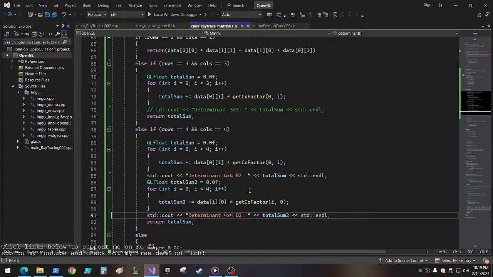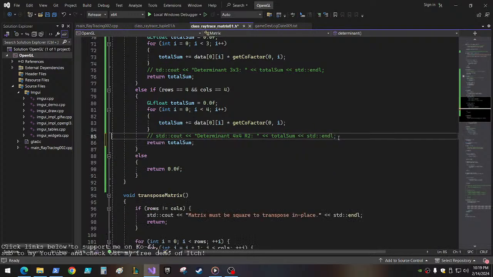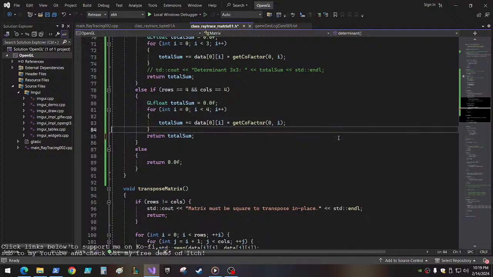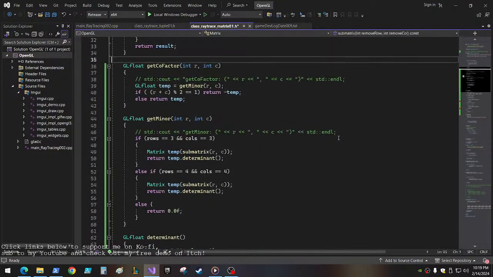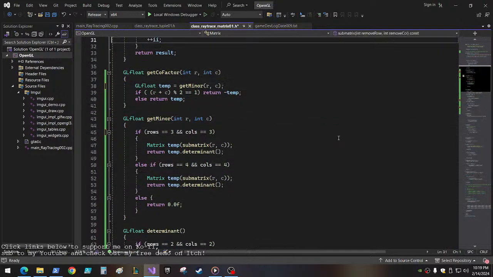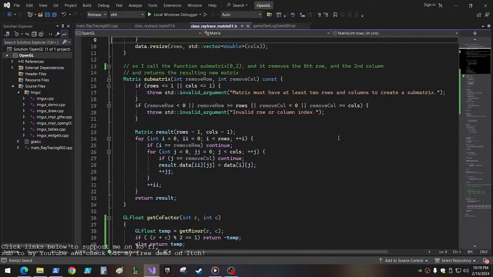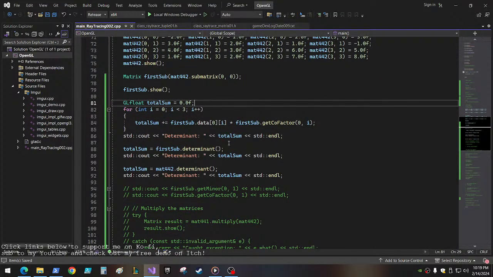We're not going to need R2 and D2, although they were really fun and cool to have around. Thank you, guys. In fact, we don't even need the whole second calculation there. And we don't need this. We can take out that, just clean up a little bit here: cofactors, get minor, submatrix. Alright, so the first thing you want to do with